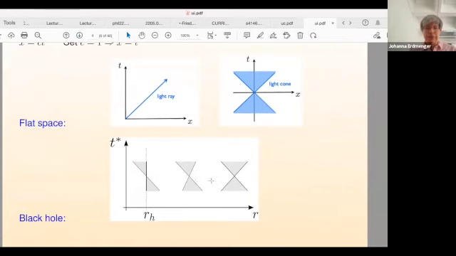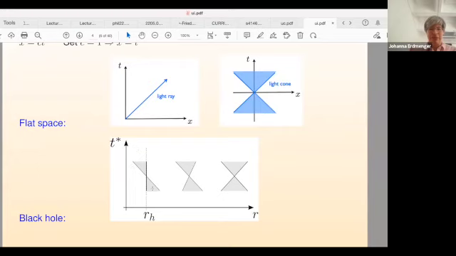But then when I approach the black hole, so this is the radius of the black hole, the Schwarzschild radius, then due to the curvature of space my light cone starts to deform, and especially one side of the light cone starts to move up like this. And once I reach the Schwarzschild horizon, my future is entirely inside the black hole, and I